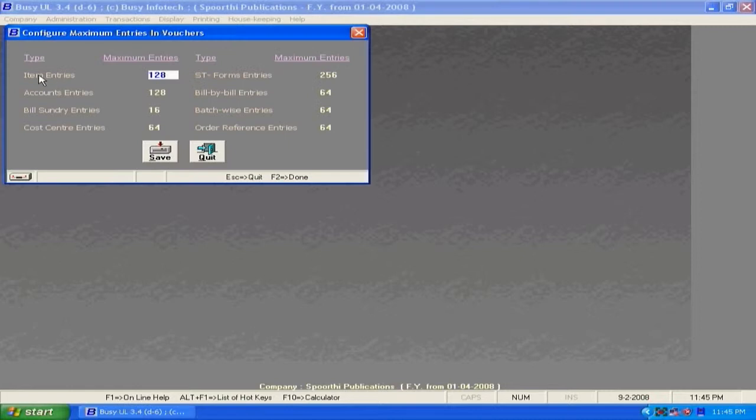Maximum entries in a voucher. You can specify accordingly to your convenience and depending upon your printer capacity.